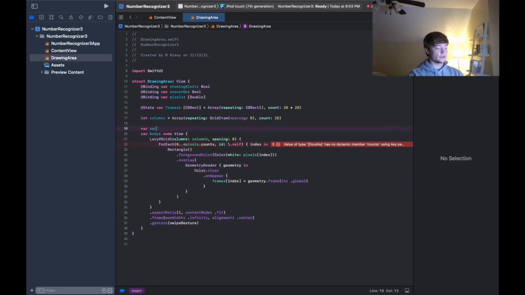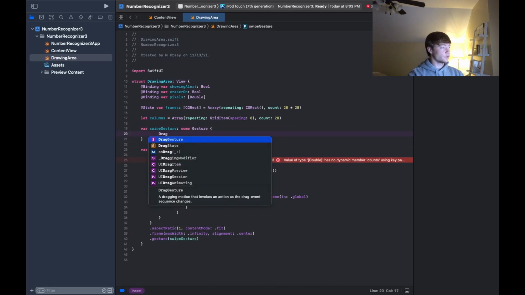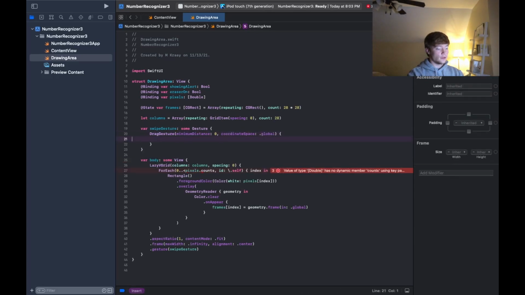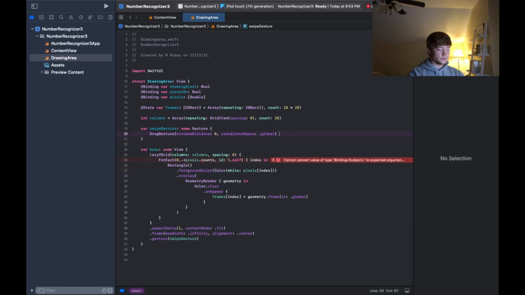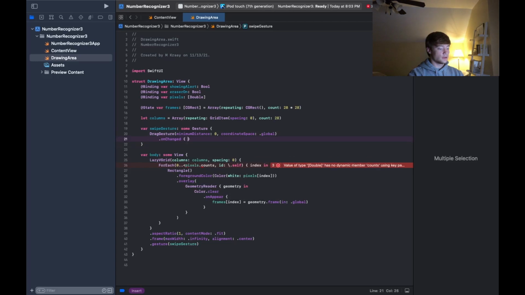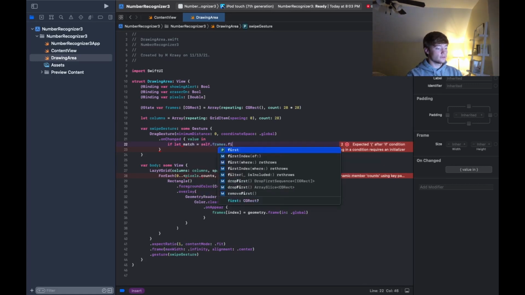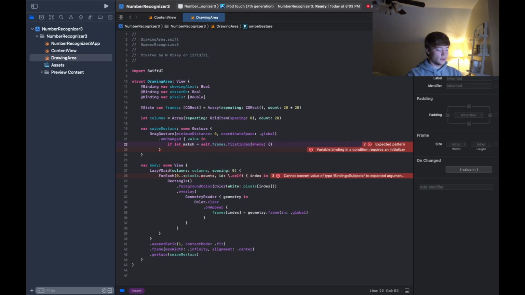So we'll go up here and say var swipe gesture of type some gesture. And then we can create our drag gesture right here. We'll say the minimum distance is 0 and the coordinate space is global. Oops, didn't mean to put a closure there. And then we can say on changed, value in. And then what we're going to do here is see if we can obtain a match for our coordinates. So if let match equals self.frames first index, where we pass a closure, so we're iterating through frames. So each CG rect, if our CG rect contains the value.location,